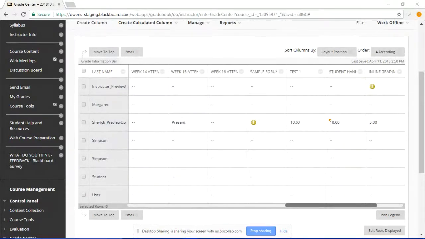Okay. In the chat, I did include a hyperlink to our staging server. Remember to use demo_user, and then the password is Owens. If you use this link, it should take you in a new tab to the staging server. And if you use demo_user and the password of Owens, you should be able to access this sample course and test drive it for yourself.